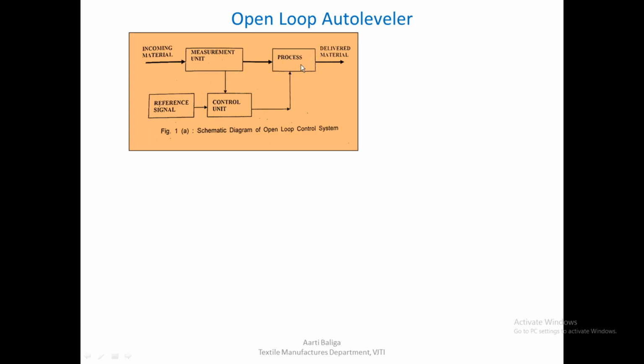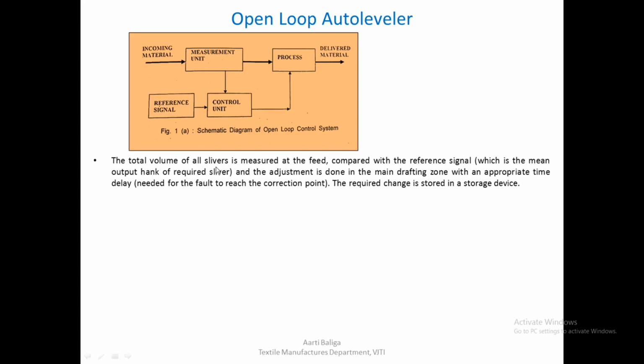Of course, now we have decided it's the main drafting system, and we are going to adjust the speed of the middle roller to control the draft. So a command is given to change the middle roller speed depending on whether we sense a thick or a thin place coming into the process. So as soon as the material comes to this stage, at the regulating point, it will be corrected and the material is delivered. So this is a sort of open loop auto leveler.